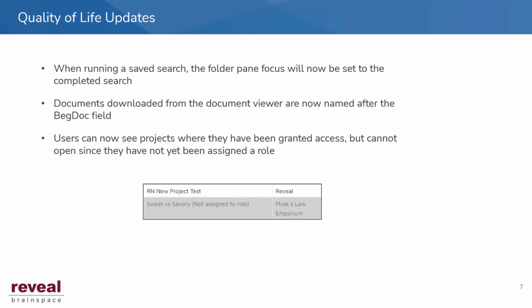These enhancements were requested by our user community through Reveal's customer support and customer success teams. Reveal's aim is to continuously iterate on our existing processes to provide the best possible experience for our customers. Our first quality of life update is to update the folder navigation pane to automatically select any newly saved search